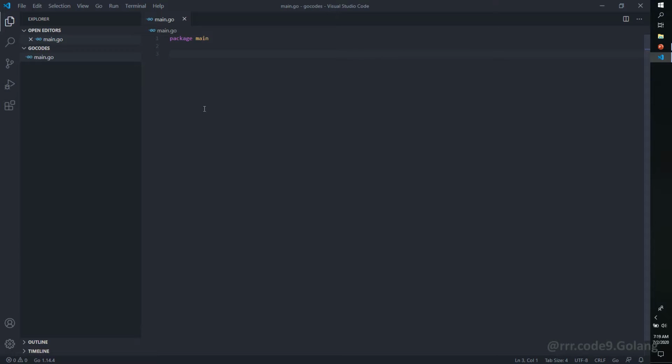Package main. This is the default and first package, package main, in Golang. Let's import the fmt inbuilt package. Let's define our main function, func main.